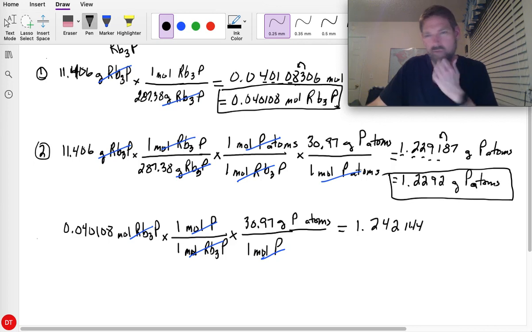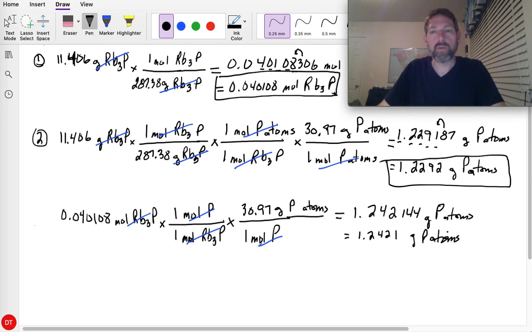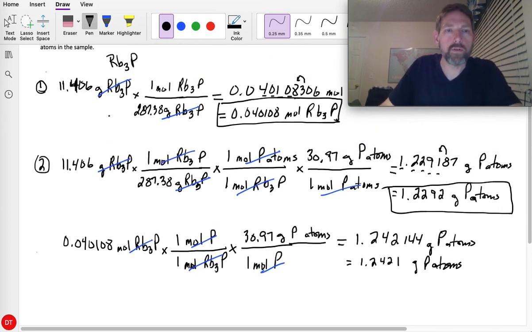That 4 is not high enough to round it up to a 2. So right here we would go 1.2421. So we look at this and we go 1.229, 1.242. Well, they're both 1.2, but this one is 1.24, that one 1.22. Is that a significant difference? Well, let's find out, grams of phosphorus atoms. The only way to find out would be for us to go back to the original value